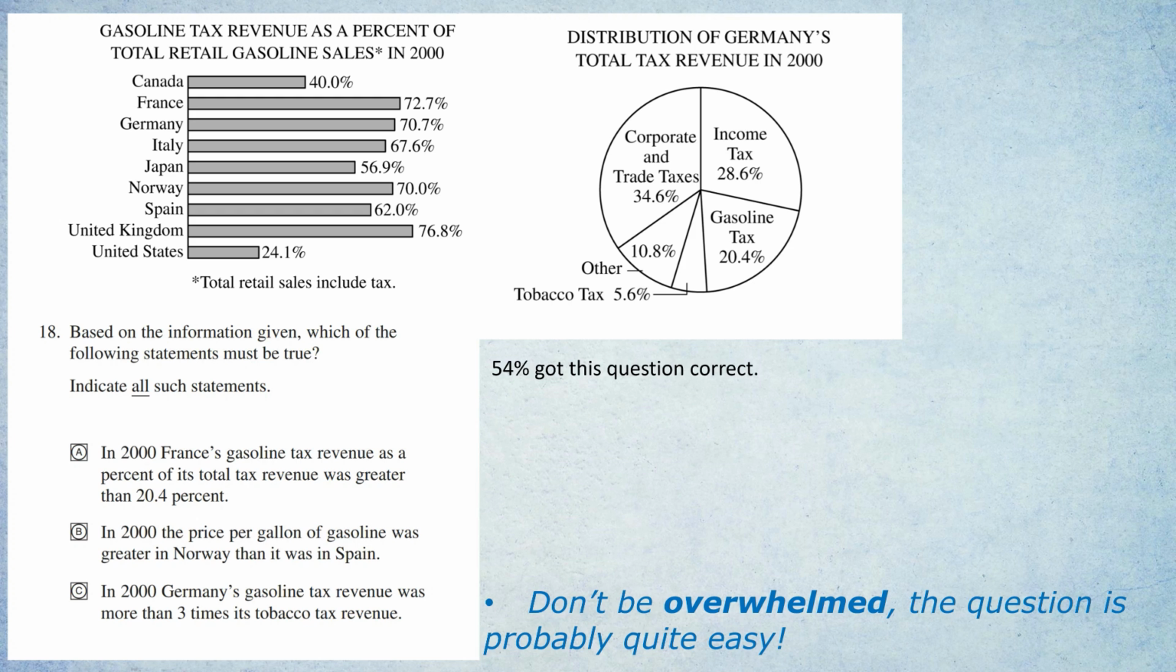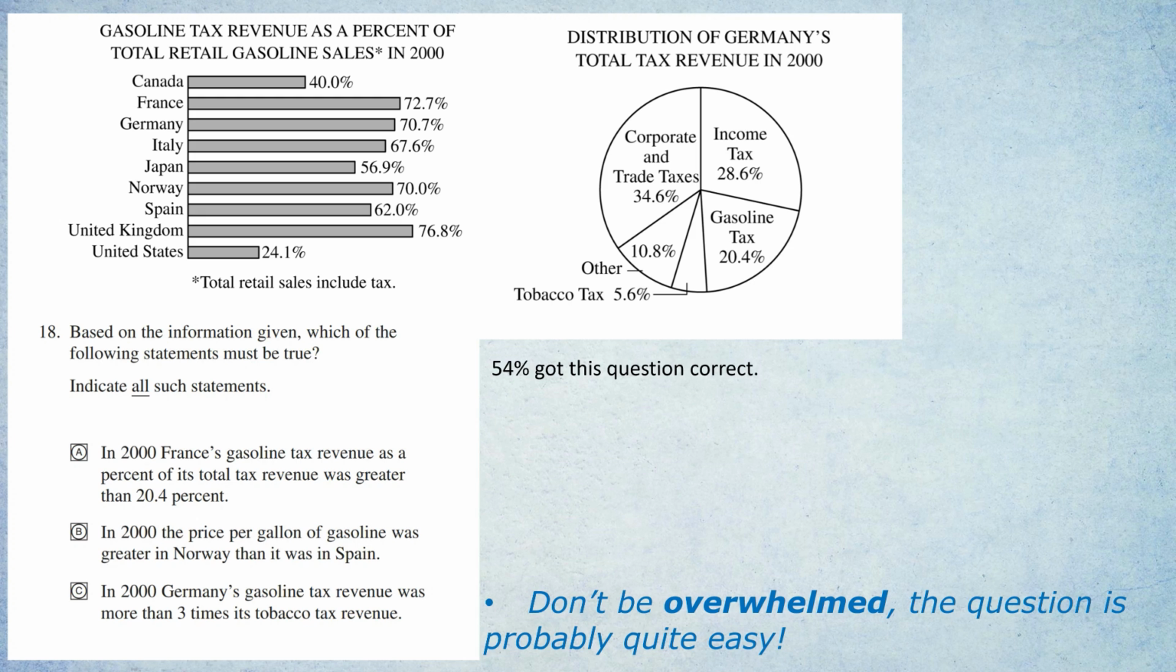In 2000, the price per gallon of gasoline was greater in Norway than it was in Spain. Classic trick that they want you to look up and see that Norway's percentage is higher than Spain's percentage. But read the title. This is gasoline tax revenue. Nothing to do with price per gallon of gasoline. Don't fall for that trap of just looking at the numbers and saying, okay, Norway's bigger than Spain, therefore it's